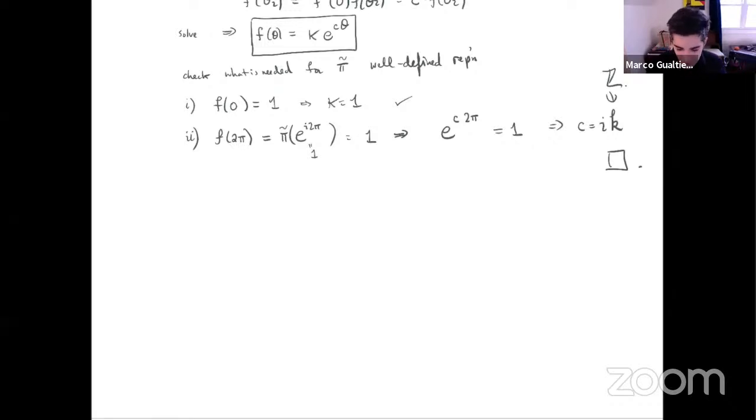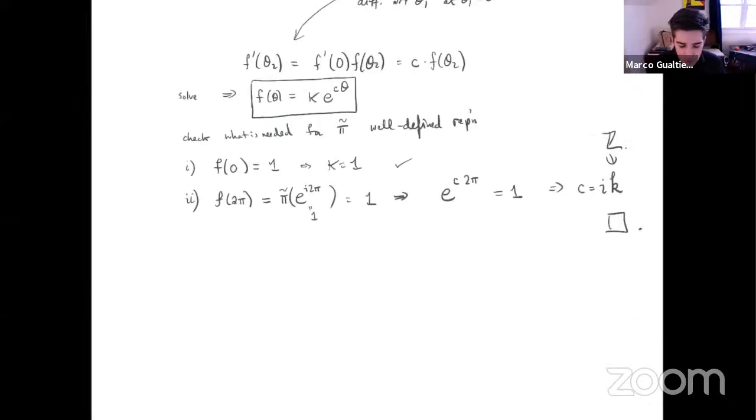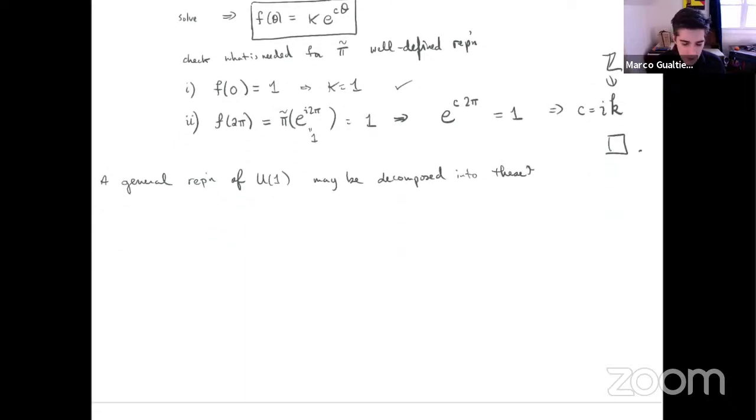Okay, good. So if we have all the irreducible representations, this means that a general representation of U1 may be written as follows, into these. And so that means that if we have, so if U1